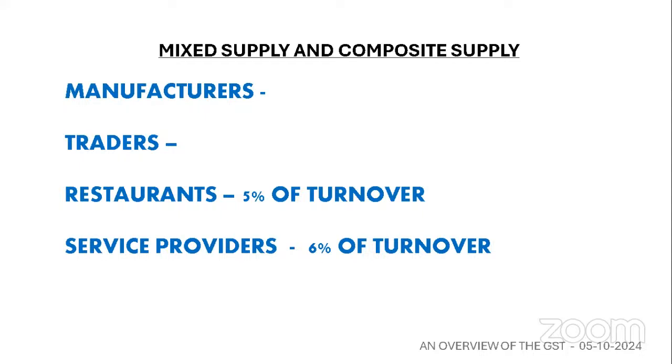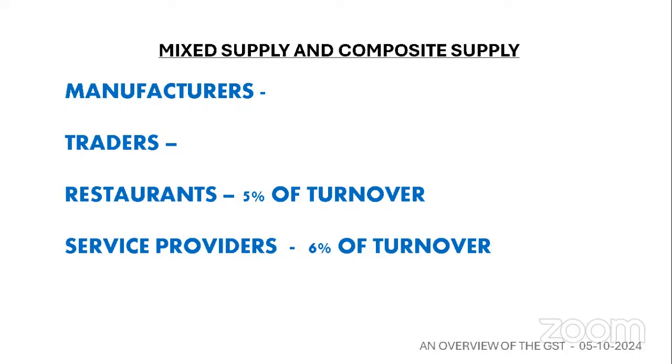Therefore, the method of calculation of the tax is like this. You have purchased the goods by paying 1,18,000 rupees. You will not get credit of that 18,000 taxes that you have paid to that dealer. And over and above that, on the value of the goods sold by you, you have to pay a fixed percentage as tax to the government. That too you have to pay out of your pocket. You cannot collect from your customer.